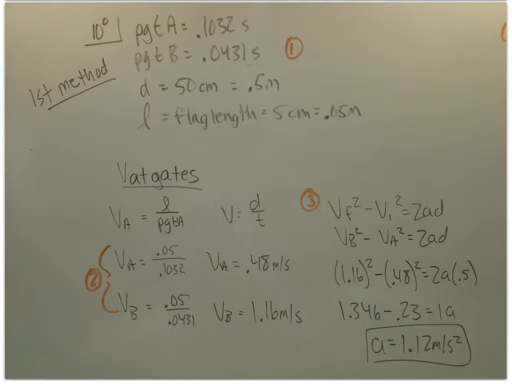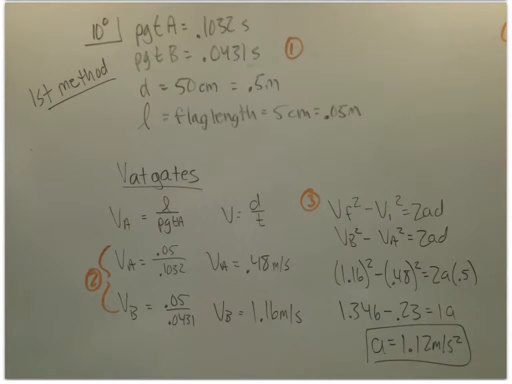So this first setup right here deals with the photogates. We had photogate A time. When we released the car, it passed through photogate A, and the 5 centimeter flag of the car interrupted photogate A for 0.1032 seconds. The car then traveled 50 centimeters, or 0.5 meters, and then the 5 centimeter flag interrupted photogate B for 0.0431